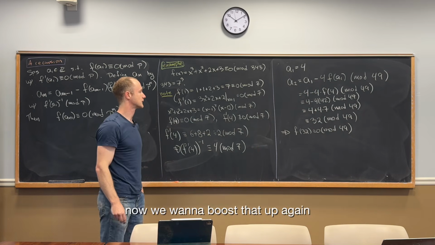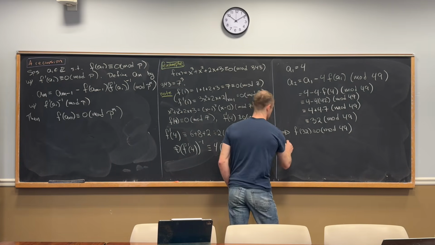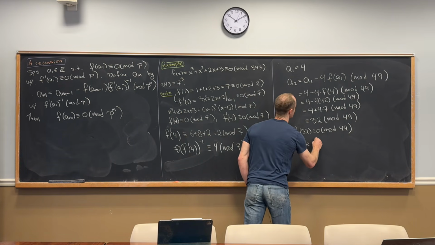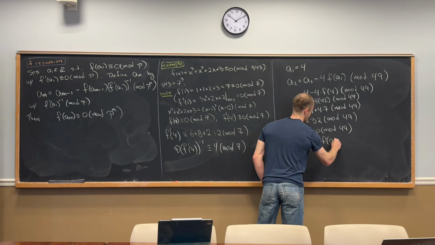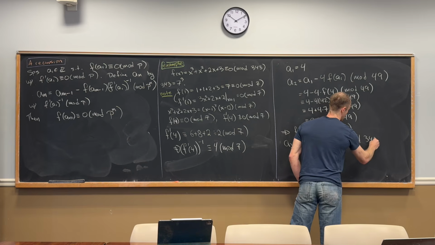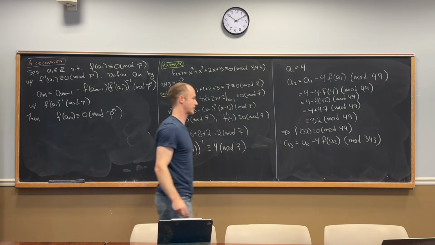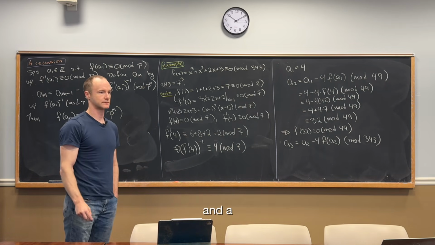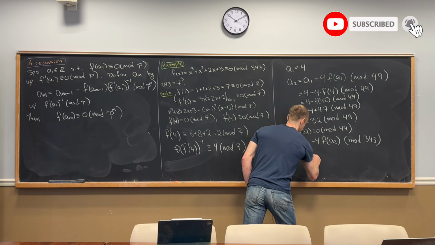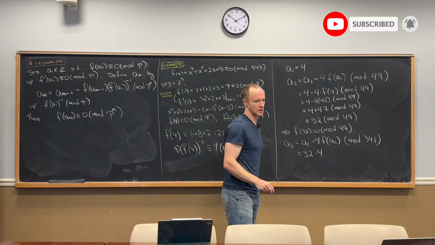Now we want to boost that up again. Now we'll do A3 is equal to A2 minus 4 times f of A2 mod 343, right? And A2 is 32. So this is 32 minus 4, and then,